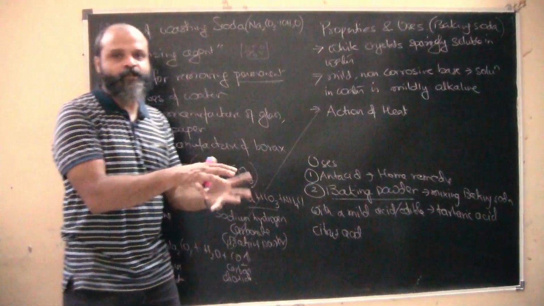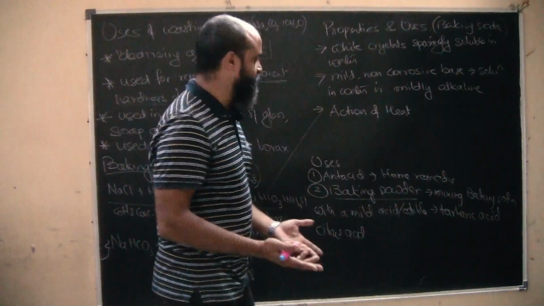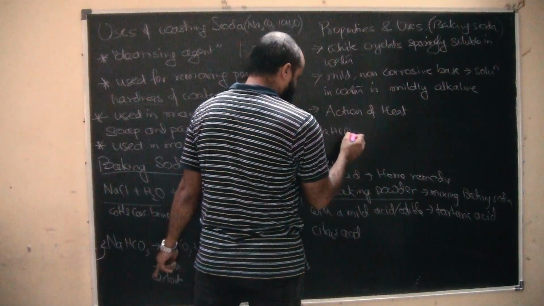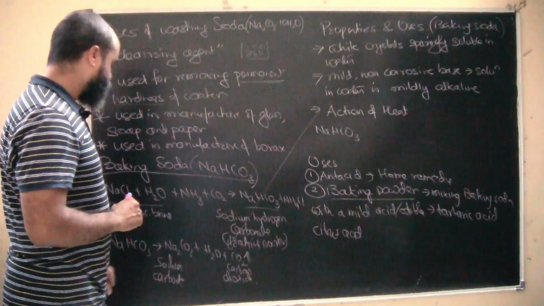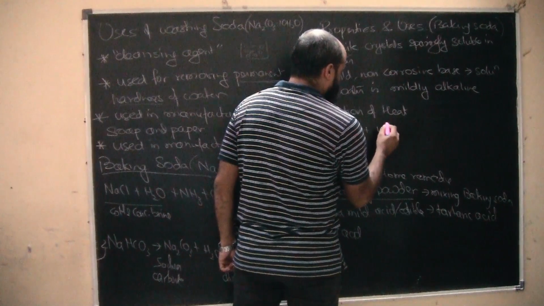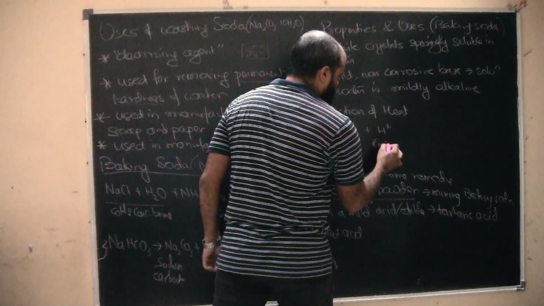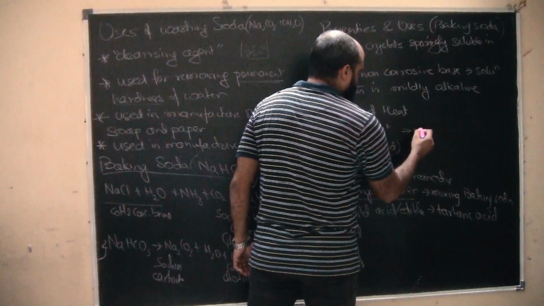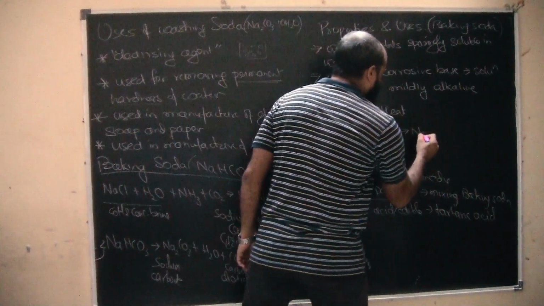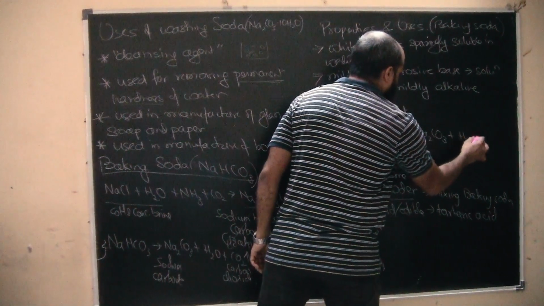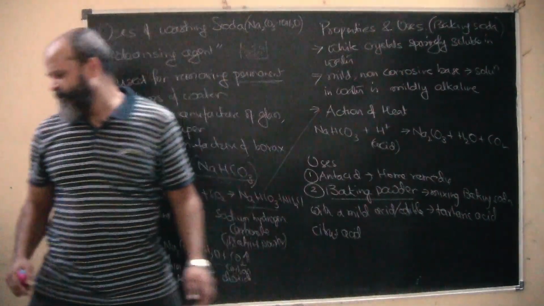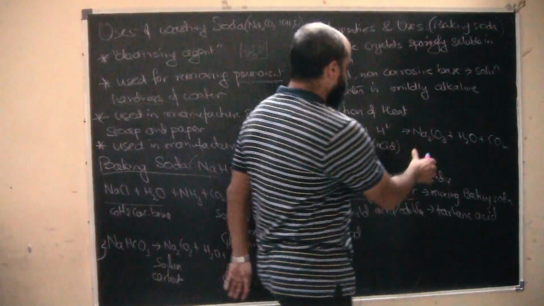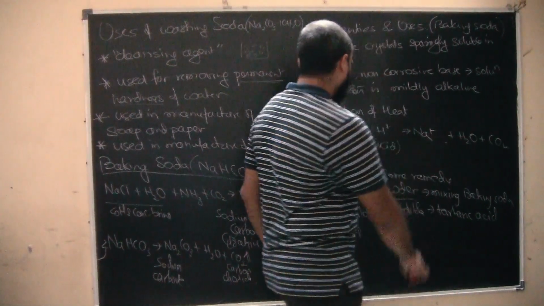These two are mixed, then water is added and the reaction happens. When we apply heat to this, the same thing will happen. NaHCO3, which is sodium hydrogen carbonate, will get the H plus ions from the acid, whichever acid we are using, tartaric acid or citric acid. So this is going to form Na2CO3 plus H2O plus CO2. One minute here. So let's say we will write this as Na plus.